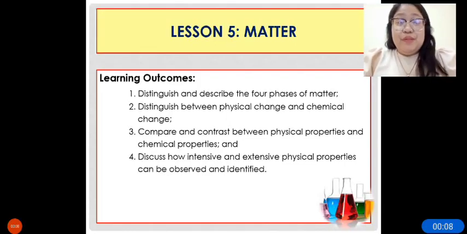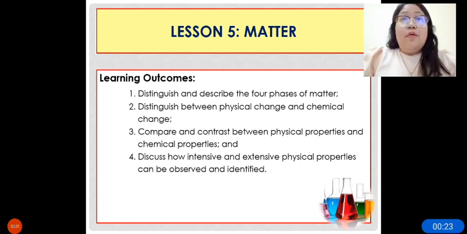Hello, first year students. Today we're going to discuss lesson 5, which is all about matter. You know that matter is essentially anything that occupies space and has mass. So in this lesson, we will explore the four phases of matter and learn how to distinguish and describe each